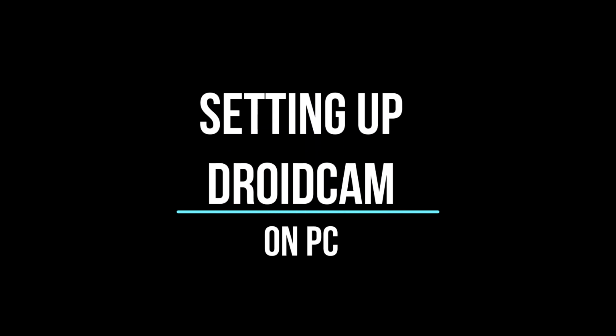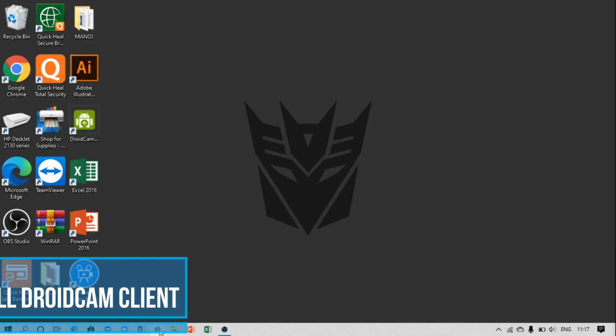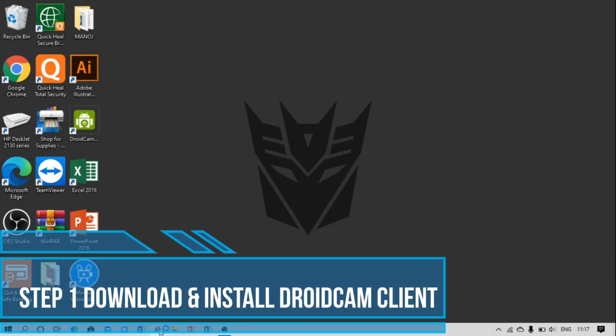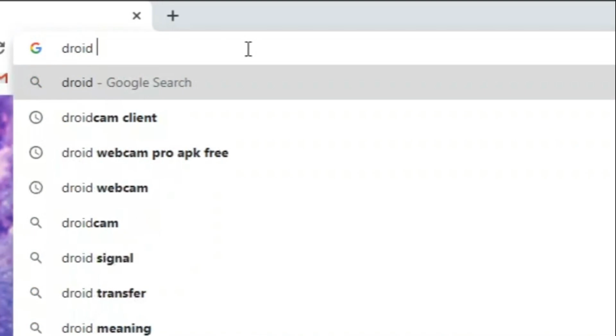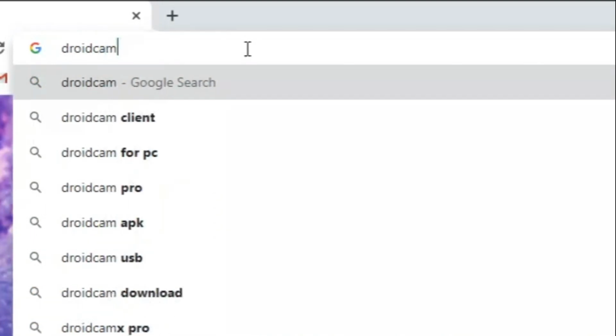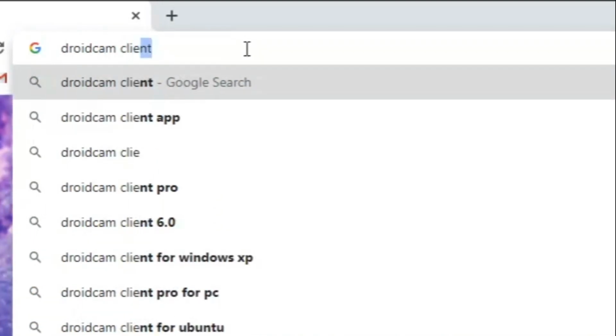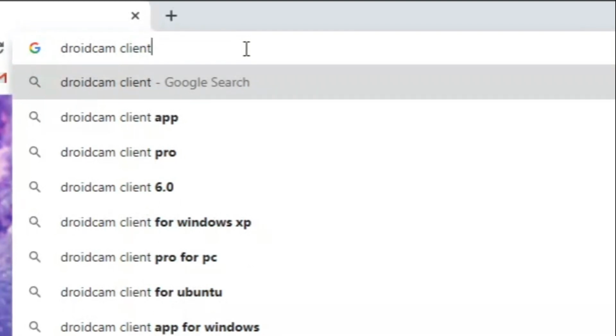Now since we are done with our mobile, the next step is we have to install Droid Cam client in our laptop. For that, we have to go to Google browser and from there you search for Droid Cam client. You type there Droid Cam client and click enter.